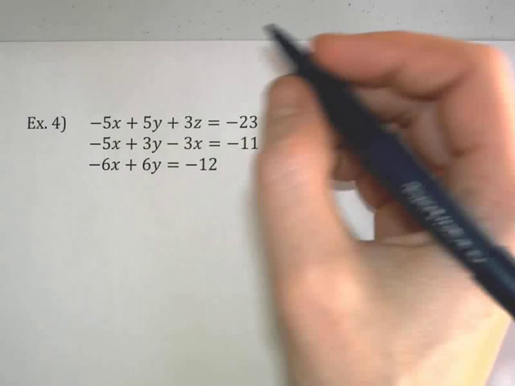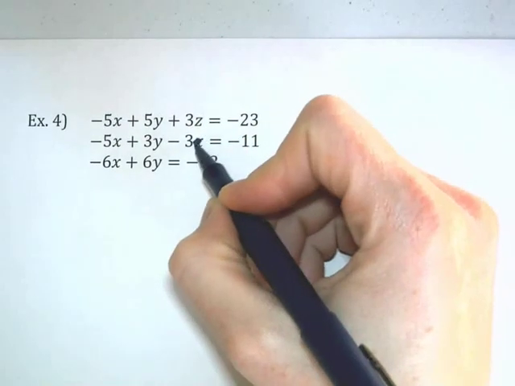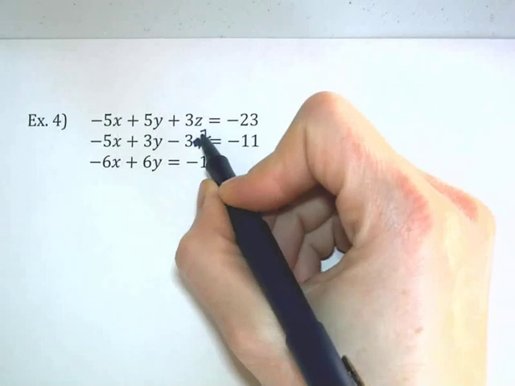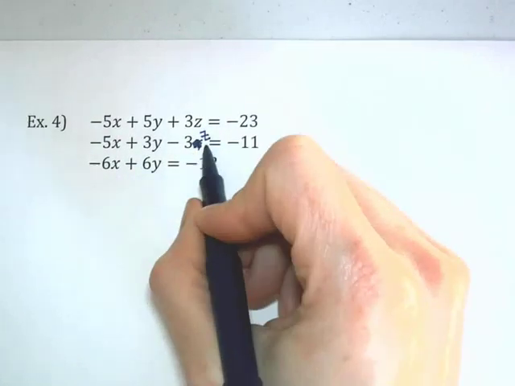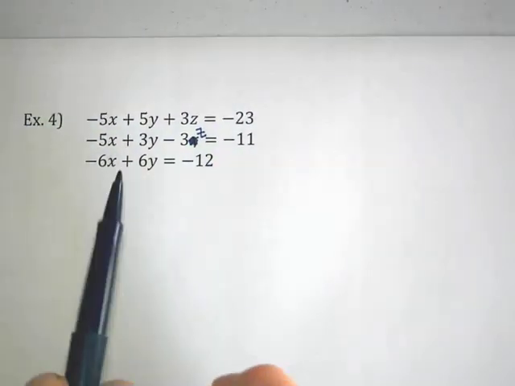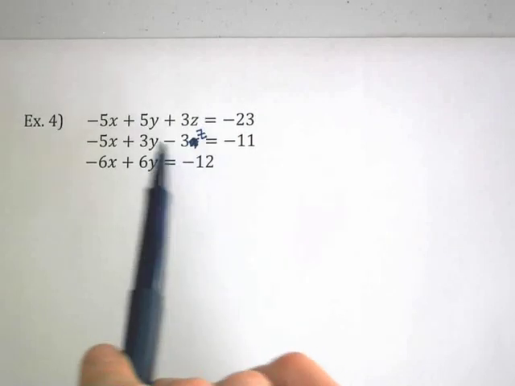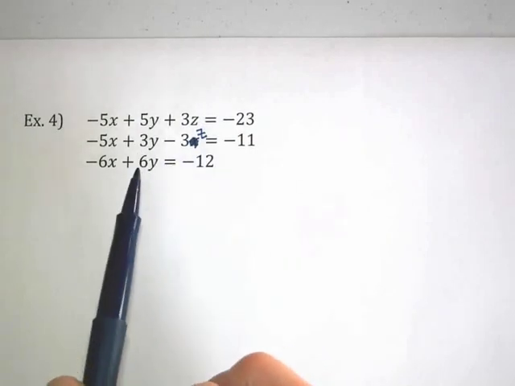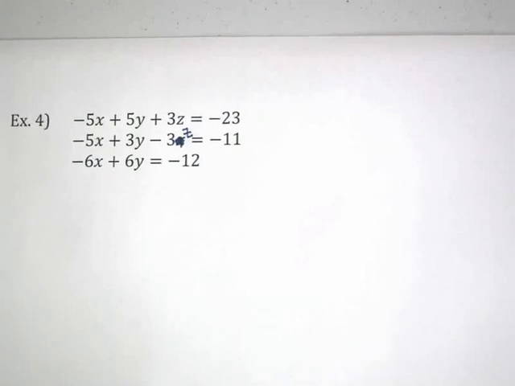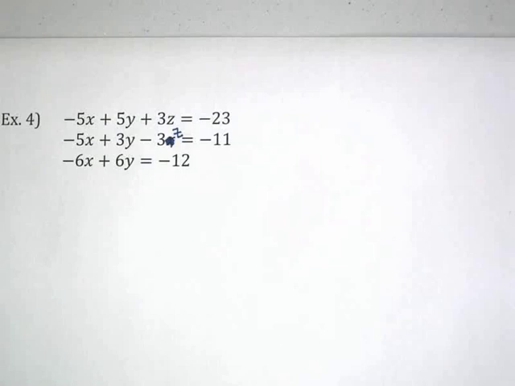So since this equation right here does not have a z, oh, man, I have a typo right here. That, I'm sorry, should be a z. So it's x, y, z, just like all the rest. Okay, anyway, since this third equation does not have a z, then that's what I want to eliminate in the other ones. And thankfully, that works out very nicely right here,